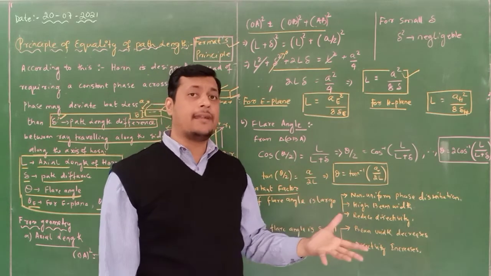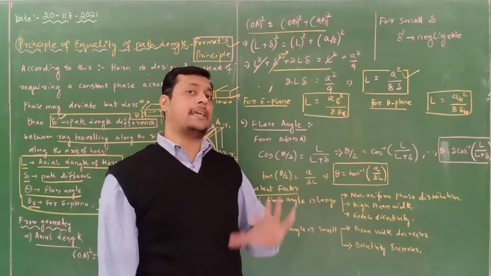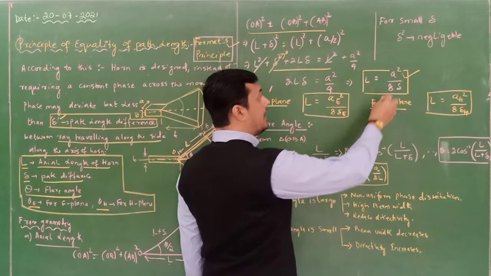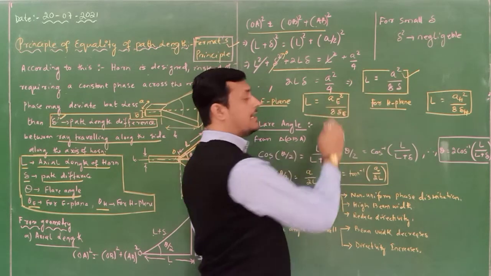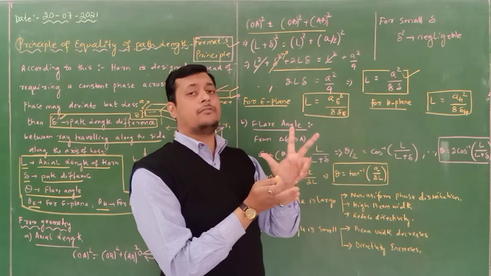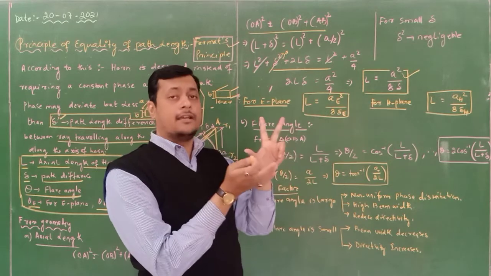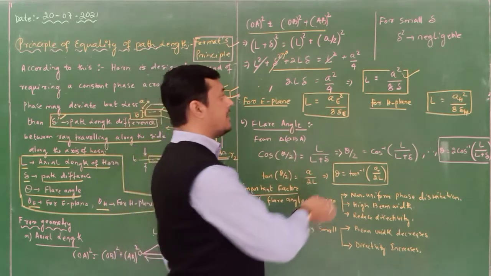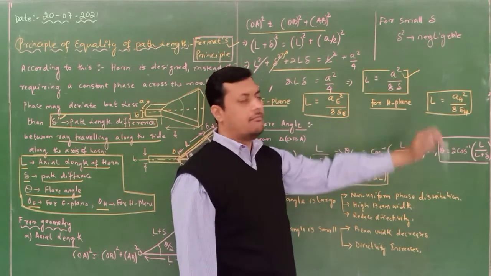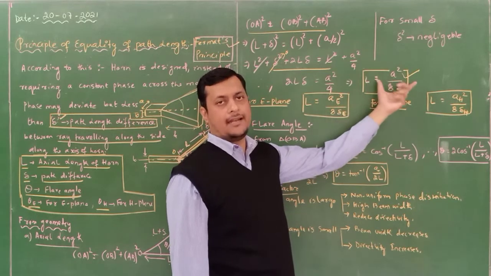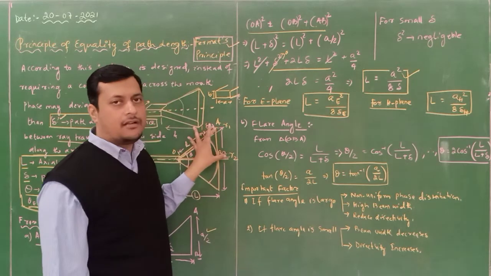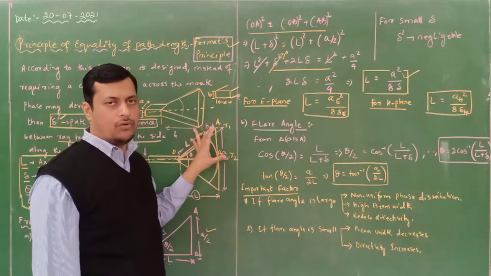Now if it is E plane, the parameters are changed. If it is H plane, parameters are changed, but the equation retains as it is. What are the parameters? If it is E plane, this A will become A suffix E and del will become del suffix E, because according to that dimension we have to see for the E plane sectoral antenna. Similarly, for H plane, A will become A suffix H square and del will become del H. But this is the basic relation between axial length with the path difference and the dimension of this opening.